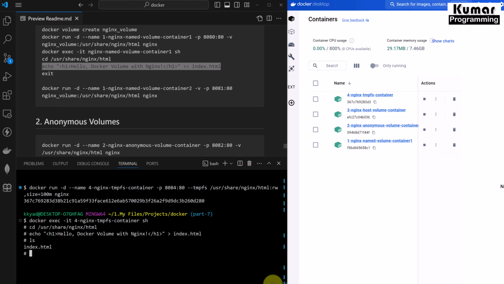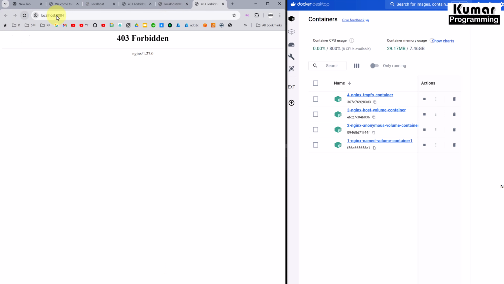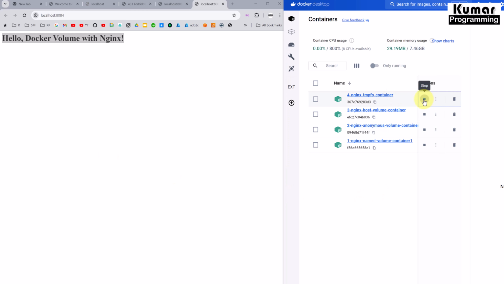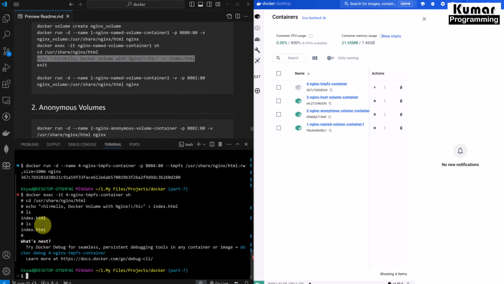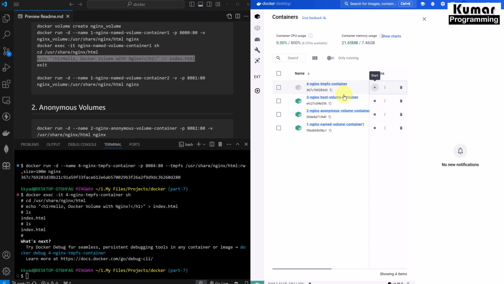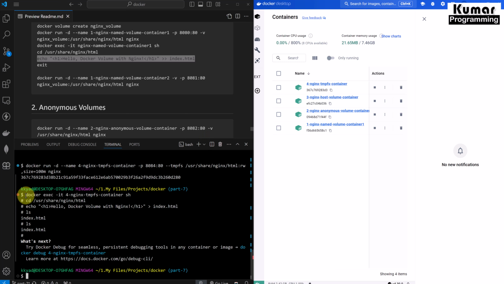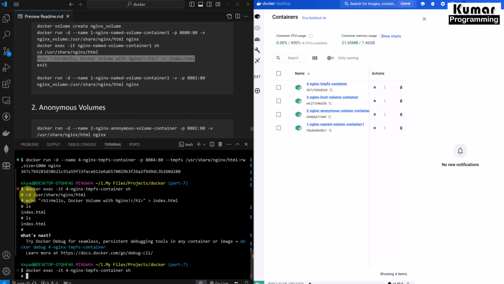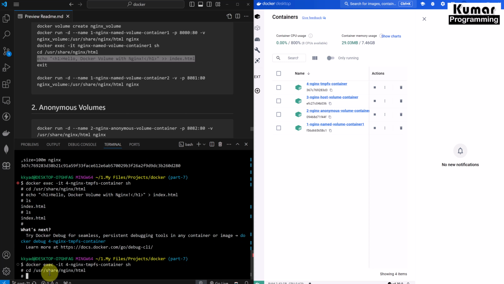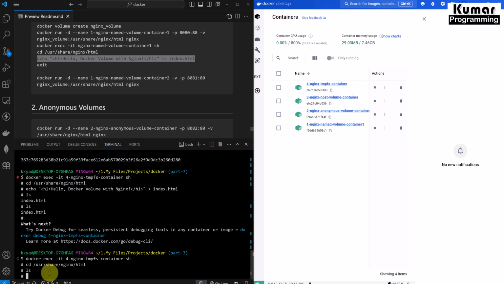Now let's see, first of all, how it is running here. See, now on 8084 we are seeing our index file. Now I'll simply stop this container. As soon as I stop this container, if you see ls, sorry, it was not stopped so far, now it's stopped. So now if I restart this container, see, I restarted it, and now again I'll go inside this container, cd to this path, and then again check ls. Our file should not be there. See, we don't have any file here because that file was stored in memory. Whenever we stop or start our container, that in-memory data is going to be removed.